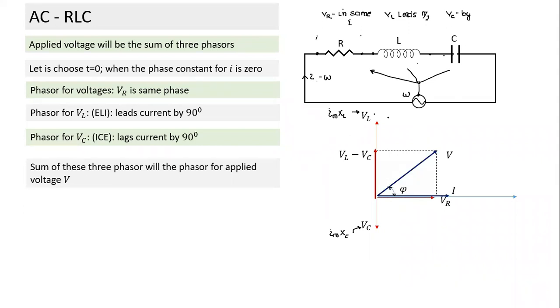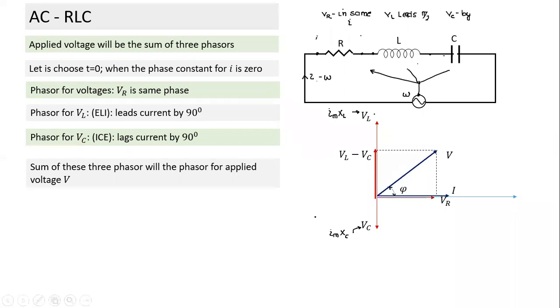So you understand here, see what happens when only a resistor is connected. The phasors of V and I will be in the same phase. In the case of an inductor alone, V leads I by 90 degrees. In the case of a capacitor alone, it lags by 90 degrees. When all three are present, the phase angle will depend on the relative values of XL, XC, and R, which makes common sense. And what does phi indicate here? Phi indicates the phase difference between the applied voltage phasor and the current phasor in the circuit. In this particular case, which phasor is leading?